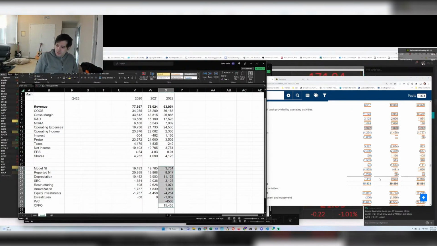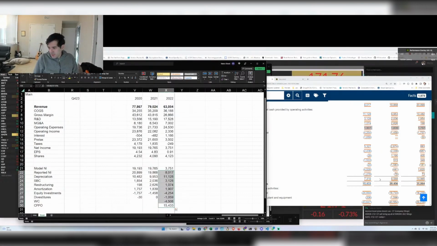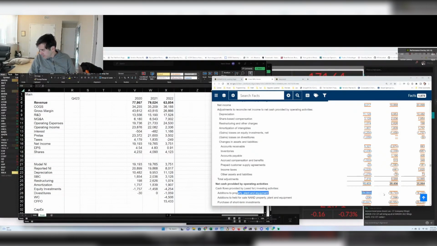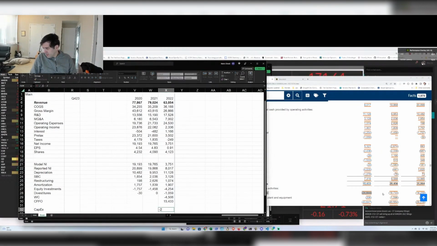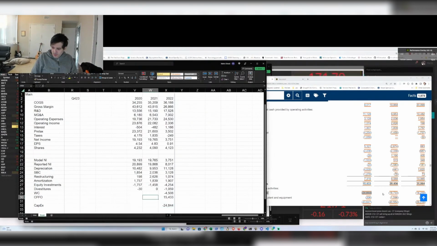Okay, there it is. All right, so it sounds good that they made $15 billion, but they also had CapEx, so we gotta remove the CapEx, and that's gonna change the picture pretty dramatically. Their CapEx for the year was $24 billion, so Intel lost money this year, or 2022, last year, I guess, which is a little